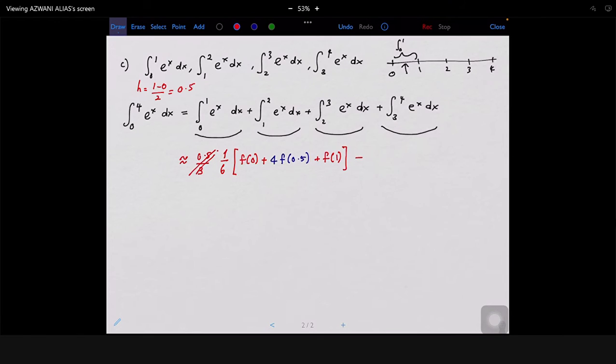Okay, plus, the second term adalah 1/6 F1 plus 4 F1.5 plus F2. Okay, plus 1/6 F2 plus 4F